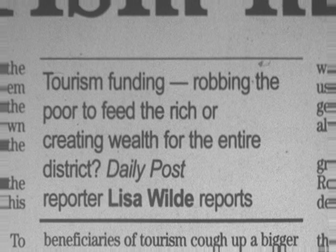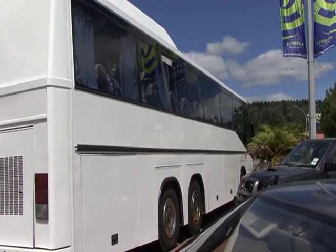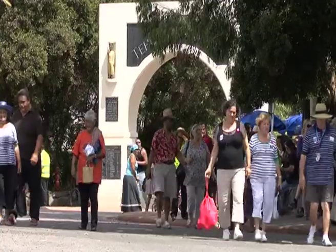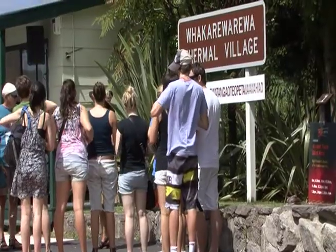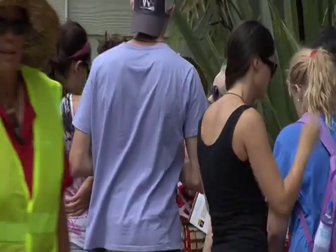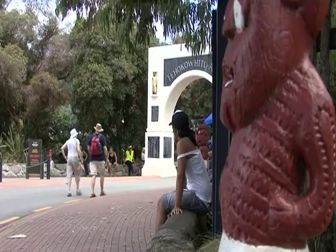But Mayor Hall would rather see a healthy visitor industry than some of the alternatives. "One in five people are employed in the visitor industry, and we went through a period of huge unemployment. So when people talk about the visitor industry or tourism, as some people say, I have some sympathy with them, because it does provide jobs, and it provides jobs in the areas where we most need them,